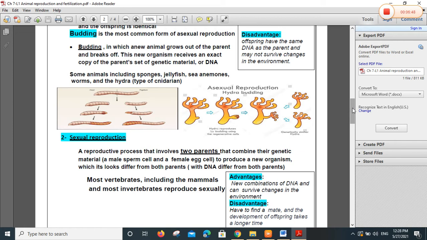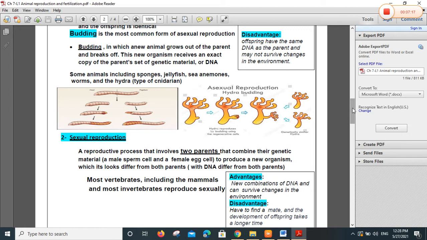Is there an advantage for sexual reproduction? Yes, new combinations produce a new generation with new properties. New combinations of DNA can survive a changing environment. Also they can survive changes in the environment, because I have a new generation with new properties or new characteristics, due to the combination of 2 different DNA genetic materials, producing a lot of offspring with different shapes.